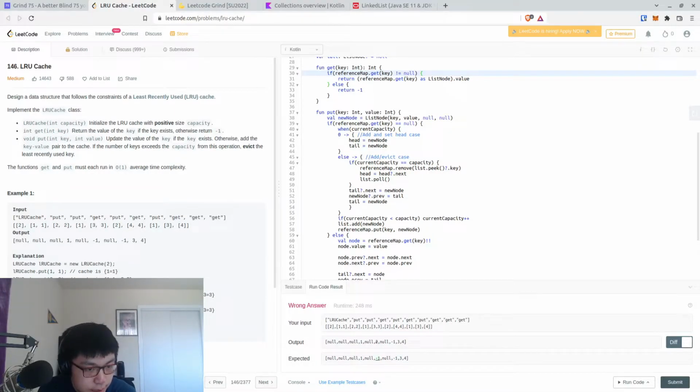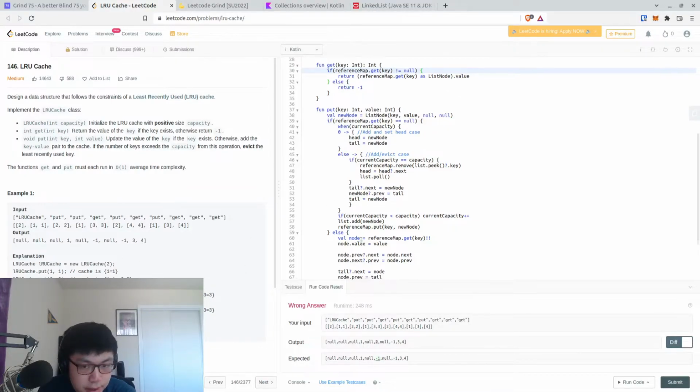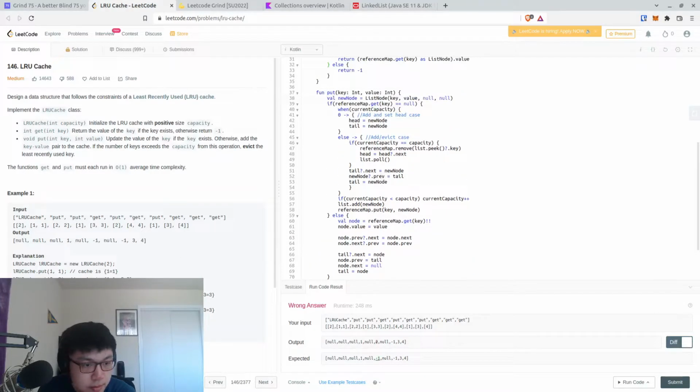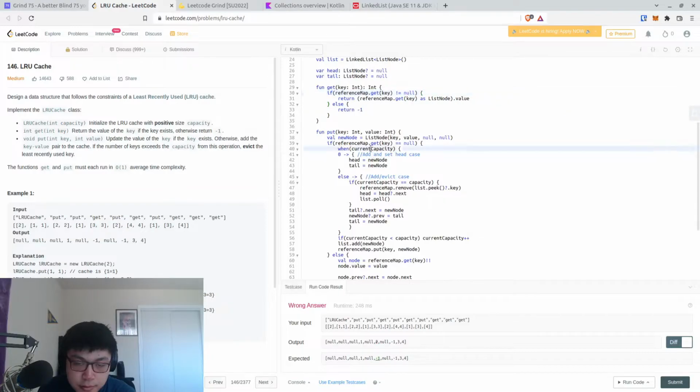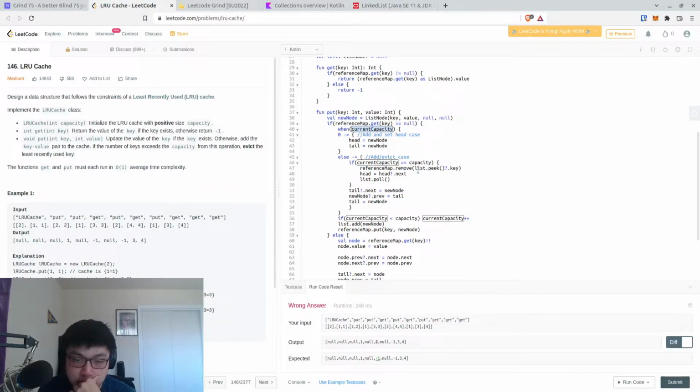When we add 3 here, it should evict the key, but it doesn't seem to evict the key. Let's see why. It should remove it